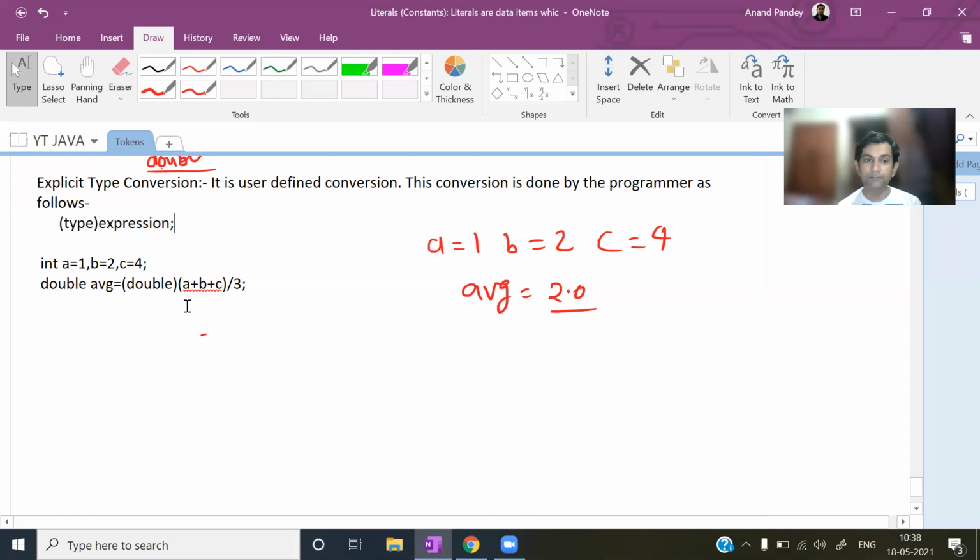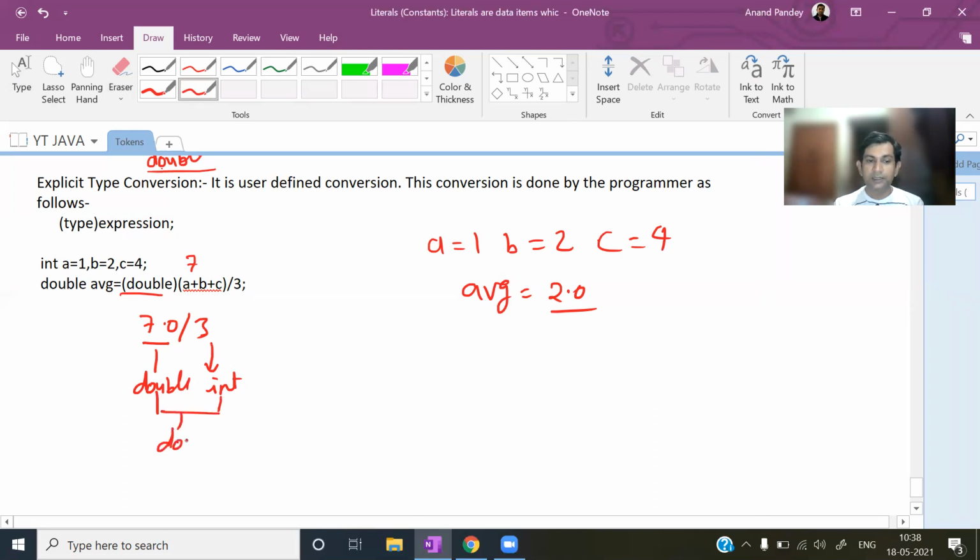And what will happen here? The result of A plus B plus C, which was 7, will be converted into double type because of this. Means 7.0 upon 3. 7.0 is of double type, 3 is of int type. And out of double and int, which is greater?